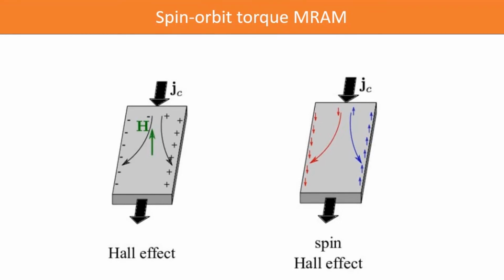Now I'm going to introduce spin orbit torque RAM, also known as SOT RAM. Before we go into the details, we should know the spin Hall effect first. Recalling the Hall effect, the production of a voltage difference, which is the Hall voltage, across an electrical conductor that